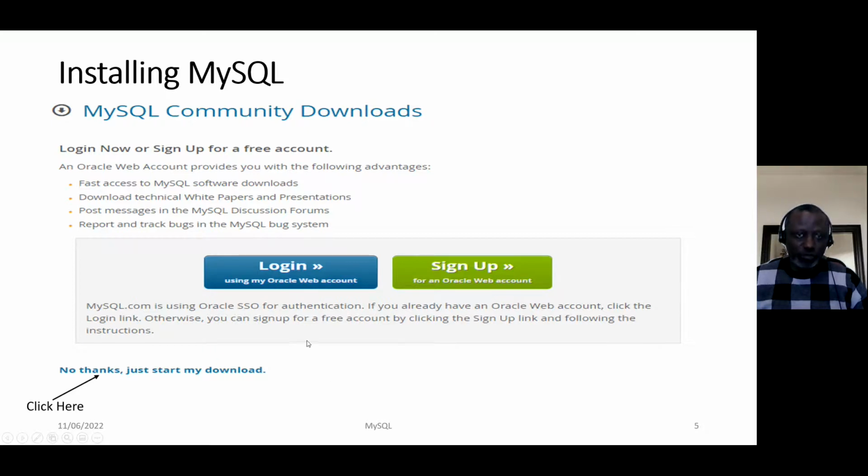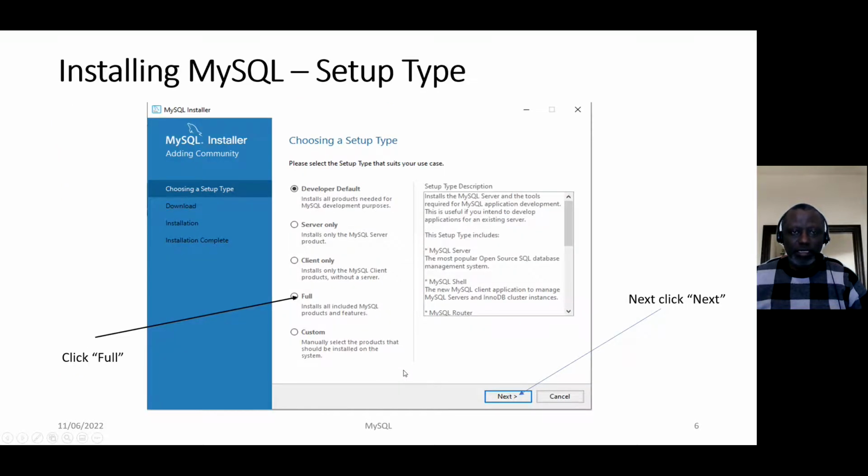In other words, when you need to pick anything from the Oracle environment at a later time, you may still need to sign up. So I recommend that we sign up, so that we have login details. The next screen, after exiting the sign-up screen, or if you choose not to sign up,